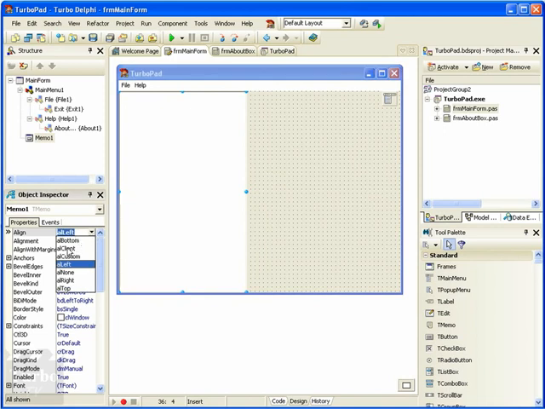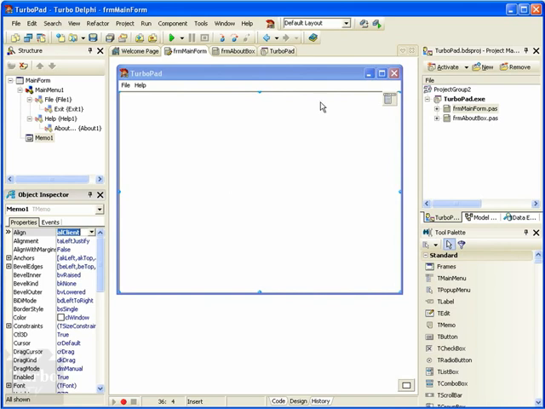But what I want is the client area, and the client means the largest area that the object can take up given its container. And in this case, the container is the form. So when I select client, you'll notice now that the memo takes up the entire space with the exception of the menu. So now if I save and run,